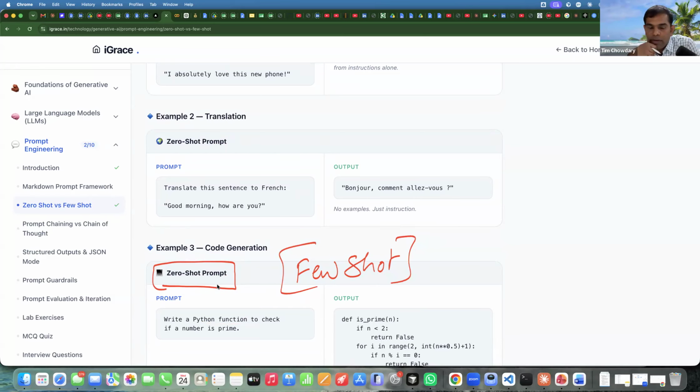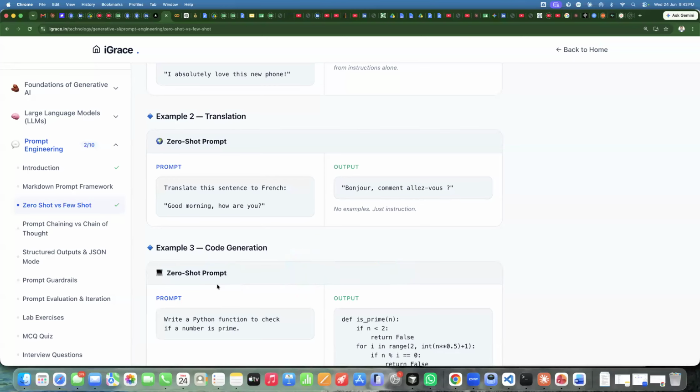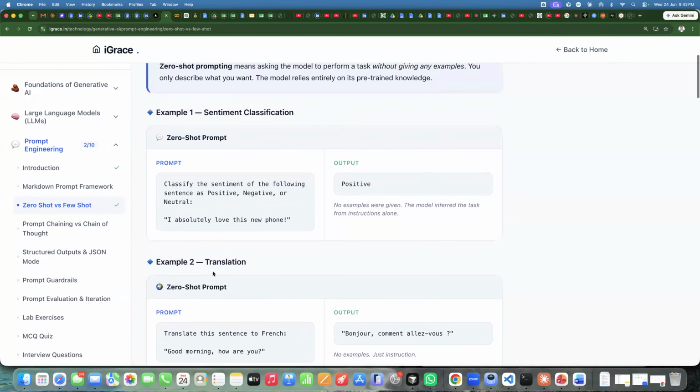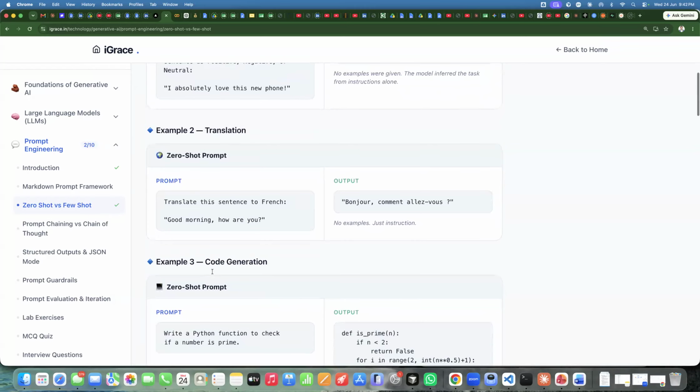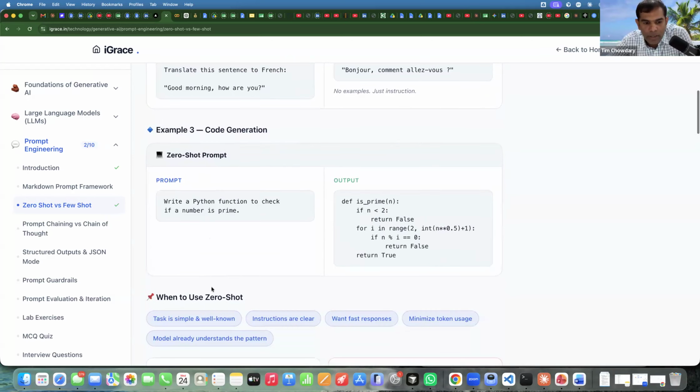Anyone would like to volunteer again? If you are trying to check any facts or get some information which is publicly known, and you are looking for an answer, then zero-shot prompting would be okay. You don't need to give any context. Yes, partially right. That's not the sole reason.